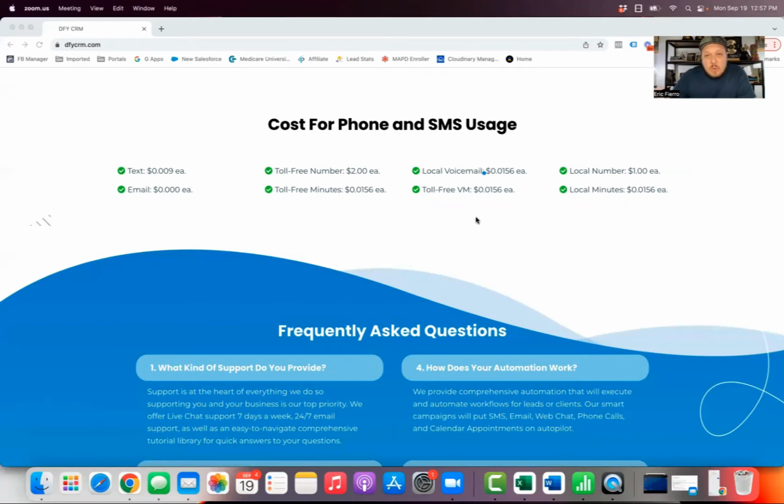And you can see that if you want to own local phone numbers, they're $1 apiece, and toll-free phone numbers are $2 apiece. So this is the cost. Most people on average are going to spend $20 to $30 in Twilio cost per month. During AEP, you'll probably see that increase because that's when you're going to be making a lot more outbound communication. But after that, it normally comes back down to about the $20 to $30 per month mark. But I wanted to show you this ahead of time. And now let's get into the actual training so you can see how the call recording feature will work inside